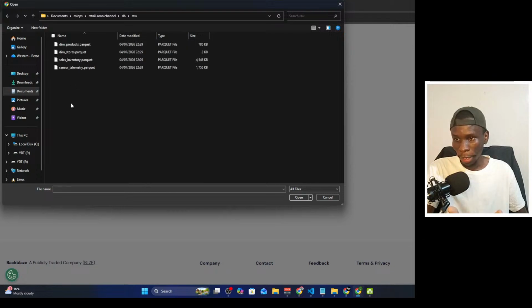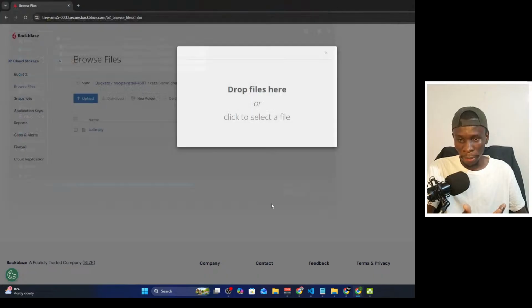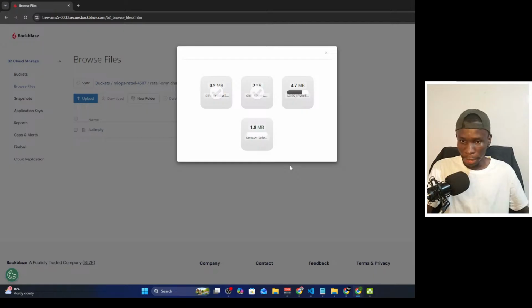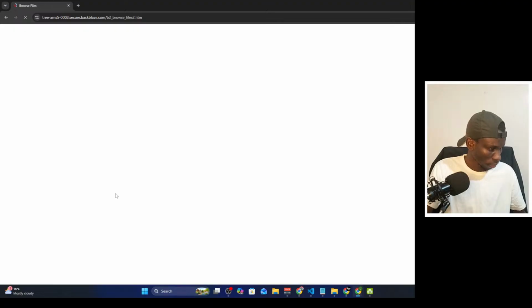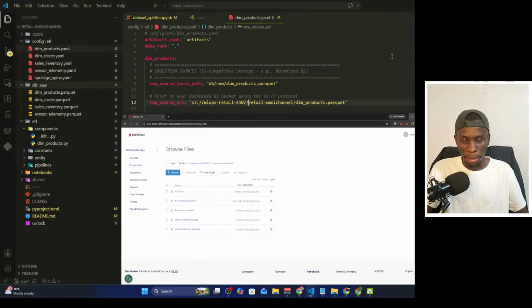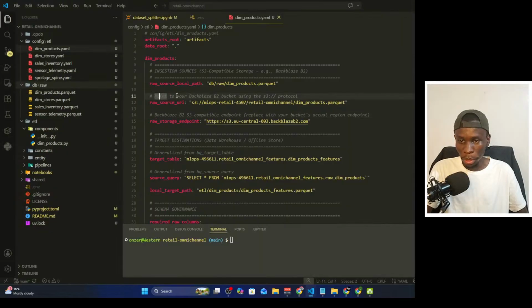So these are the package files that we have. I'll just copy this, and then I'll drop those within the buckets. Yeah, so those are the files within the bucket. So dim products.package, that one. So that's the point to your Backblaze B2 bucket. Okay, then